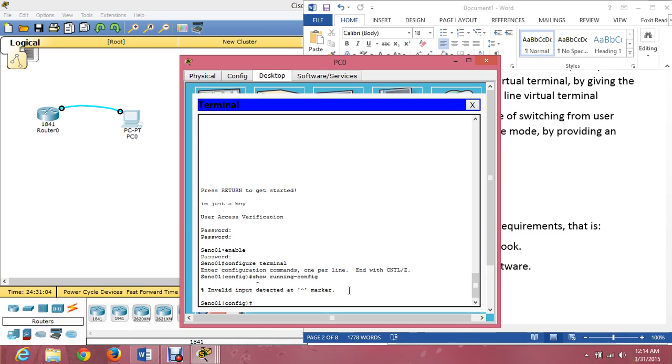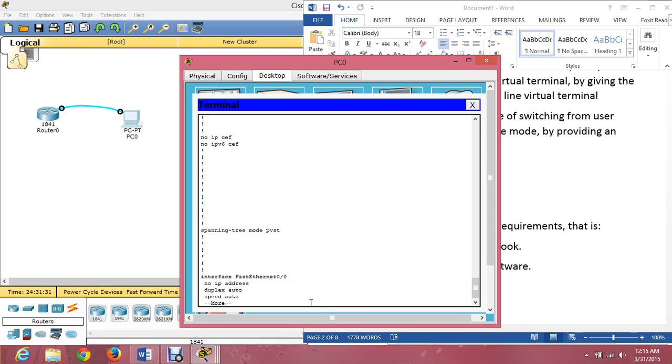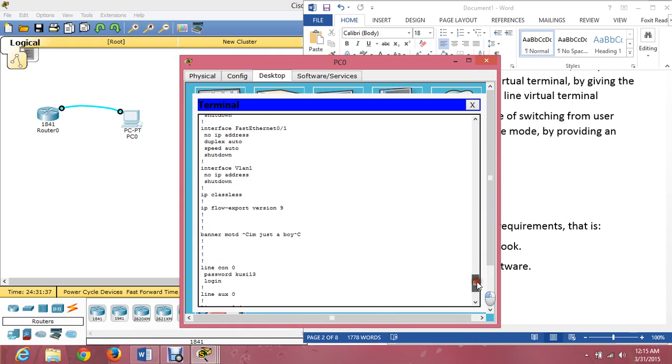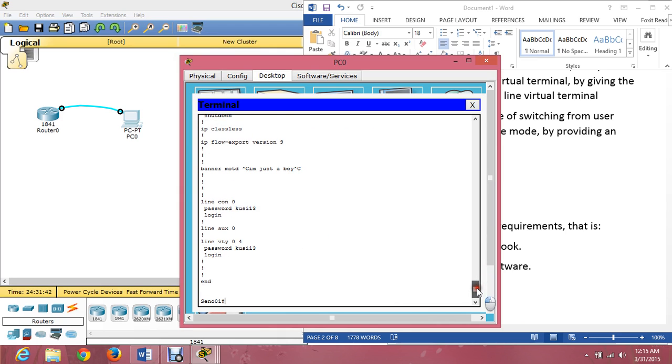The valid command works while we are in the privilege execute mode. Just type exit, enter. And to check the running config, we just type show space running-config. Enter. Space until the end of the rows. This is our running configuration, but it's not the startup configuration.